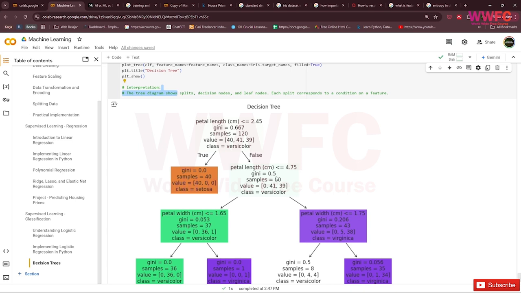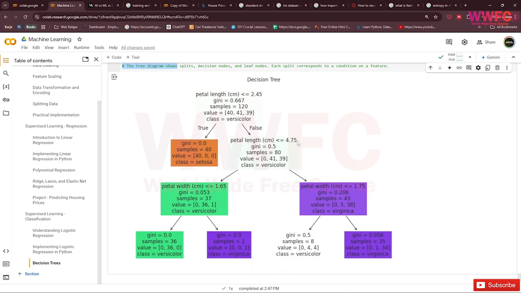If false, we check whether petal length is under 4.75, and then it can be true if the petal width is under 1.65, right? But if the petal width is 1.65 or more, it will be versicolor, but if not, it's virginica.